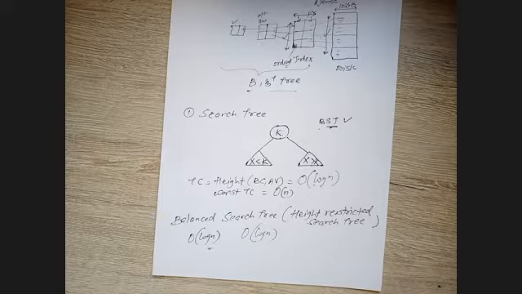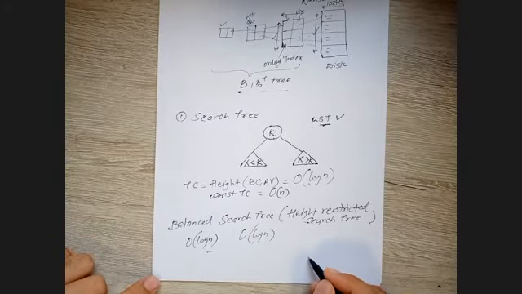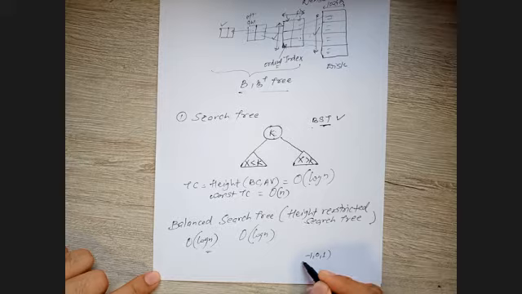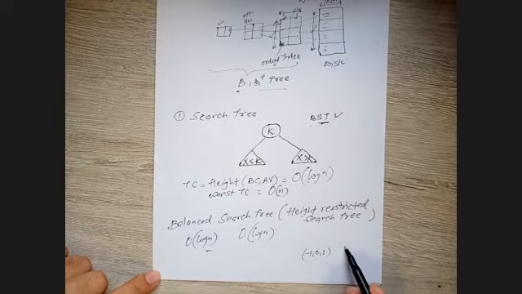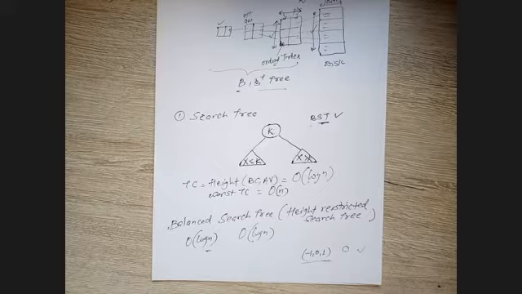For example, if you remember the AVL tree, in an AVL tree we calculate a balancing factor, which should be either -1, 0, or 1. If a particular node's balancing factor is outside these three values, then it is not balanced. There is a general question that used to be asked: why are we not using the AVL tree, because that is also balanced, we find the balance factor? Why are we using B tree and B plus tree rather than that?